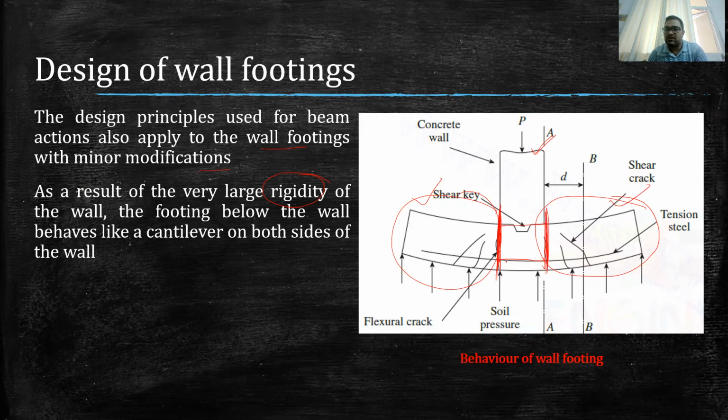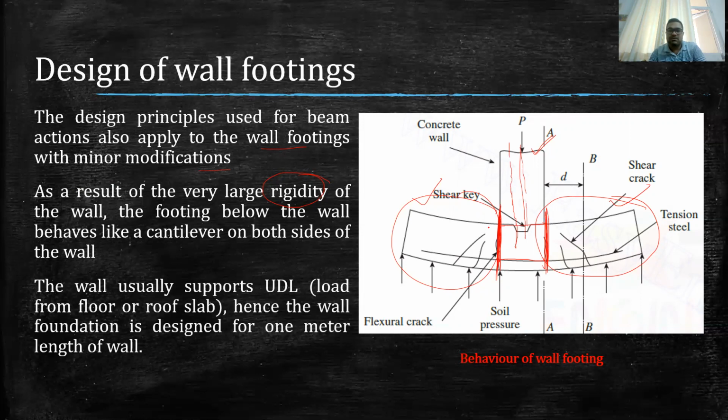So the section passing along the wall in case of an RCC wall will be passing through the face of the wall. And in case we are designing a foundation for a masonry wall, that is also being discussed. In that case, if this is the center line of the wall, then the critical section is found between the center line and the outer face of the wall, which means the critical section for bending moment for a masonry wall foundation will be in between the center line of the wall and the edge of the wall. But here we are designing a foundation for the RCC wall. So here the critical section will be at the face.